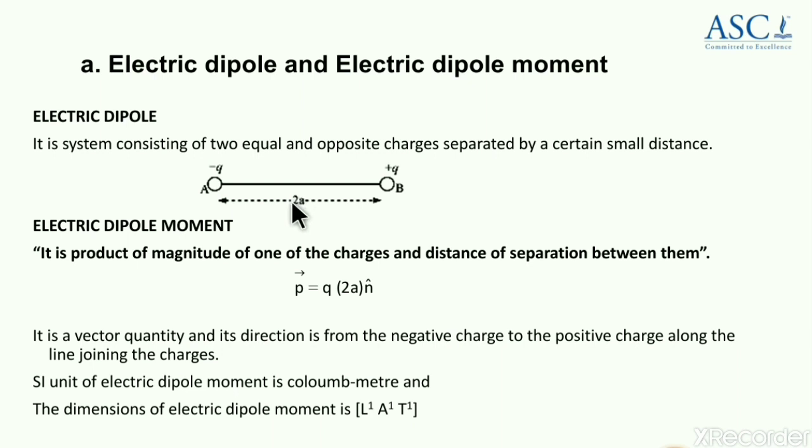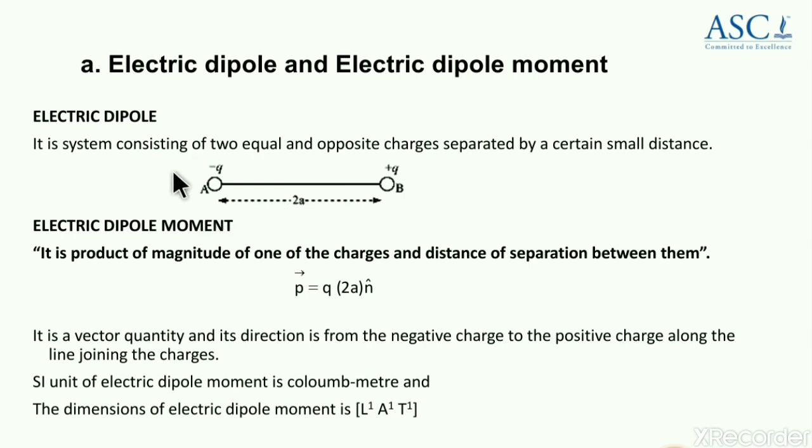See here 2a. Instead of this 2a you can even consider a as the distance of separation, but for convenient purpose, to derive most of the derivations easily, it is taken 2a. You can witness very soon when we do the derivations why we have taken actually this as 2a. In few books it is given a also, and in other books it is given 2a. So it is better you use 2a as the distance of separation for easy derivation purpose. But entire distance has to be considered 2a.